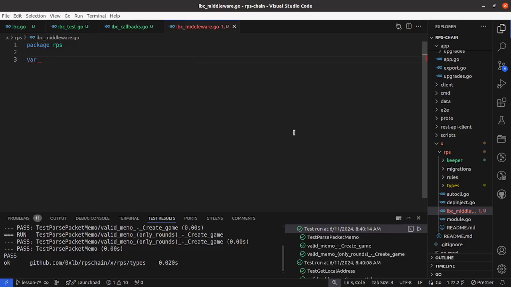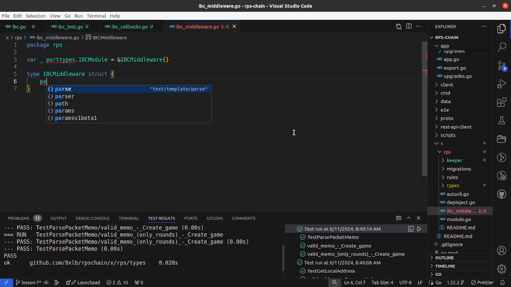And here we'll have to comply with an interface. That's going to be our IBCMiddleware type struct that has port types IBC module,